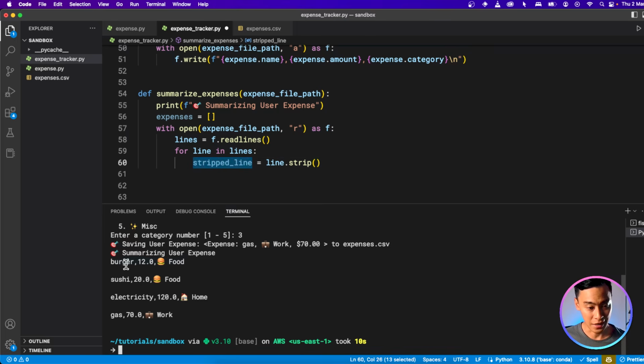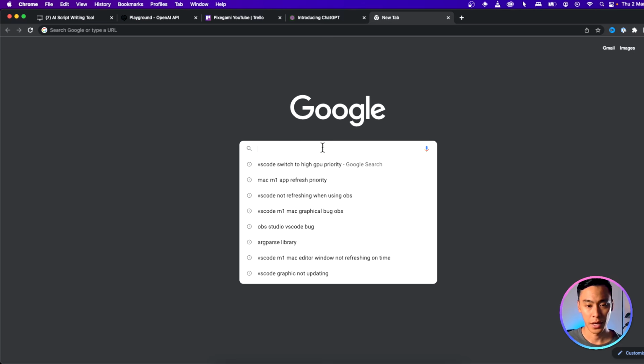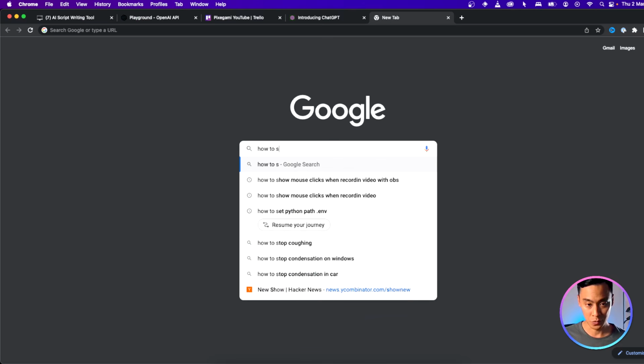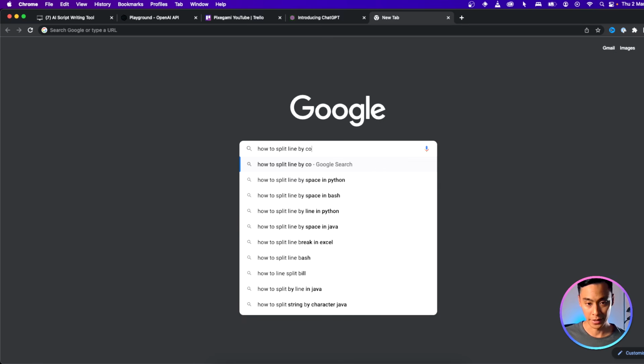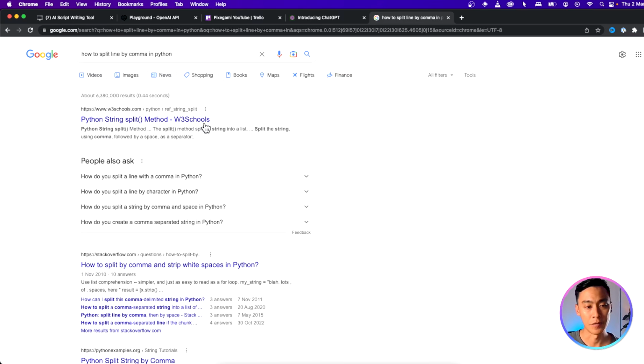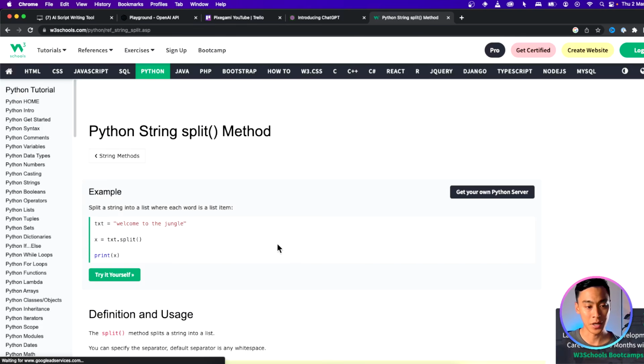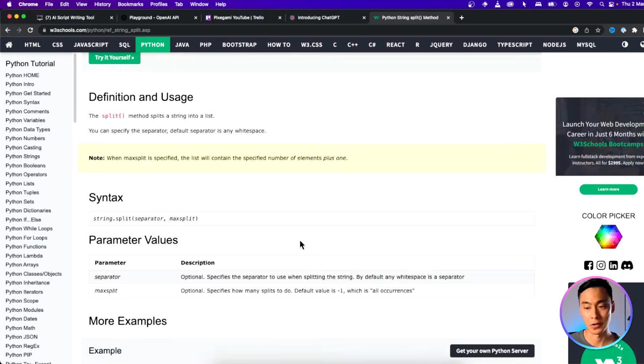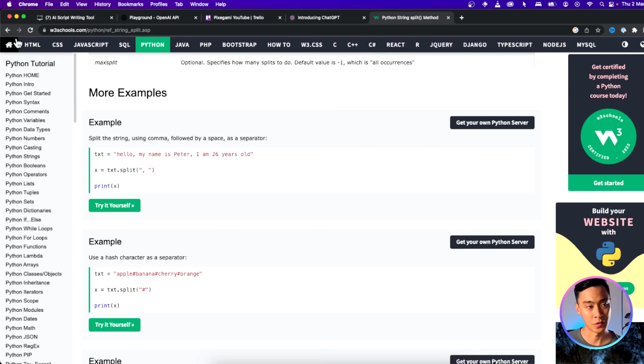So once we have the stripped line, it's basically going to be one of these things without the new line here. And now we have to break this up into 3 elements. And we can do that easily because we know that we break it on the comma. And just like I said, if you don't know how to do something like that, just search it up on Google. In fact, let's go and do that together now. And we can type in something like how to split line by comma in Python. And if you look at one of the first results that come up, there would usually be some kind of article or some explanation that tells you how to do it.